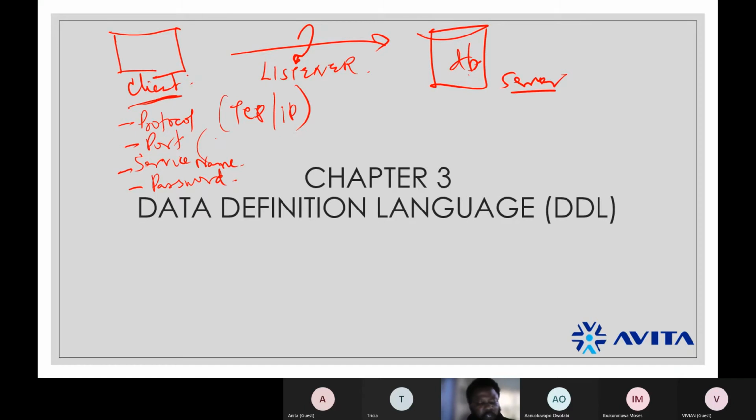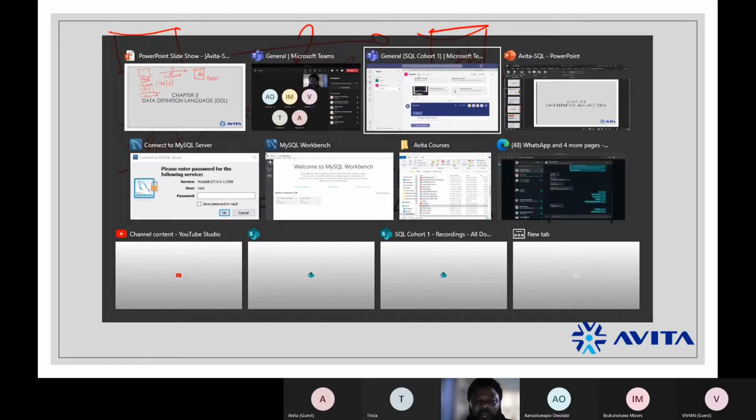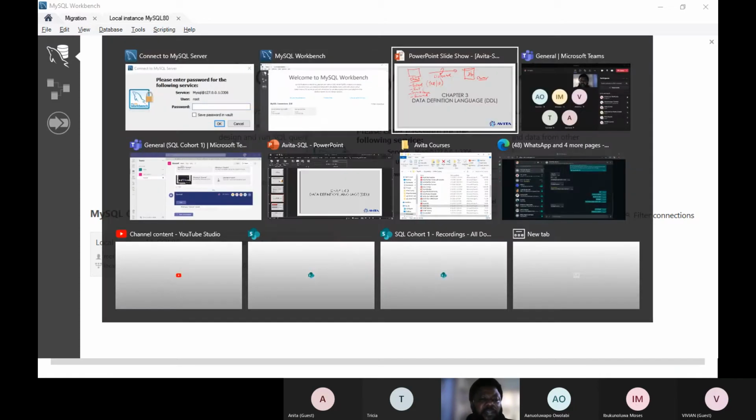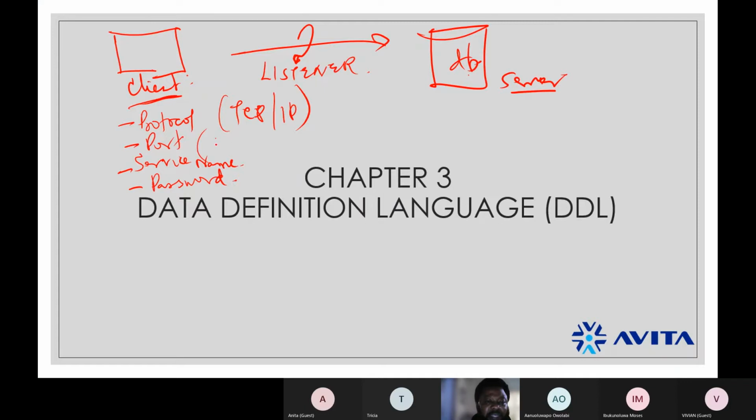Let me show you the port here. The port here, in my own connection, is 3306. So the server on my system is listening at port 3306. It is also listening on a service name.